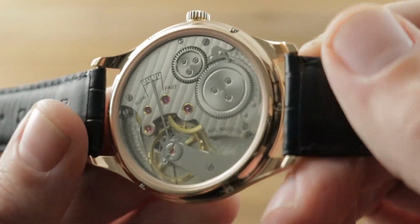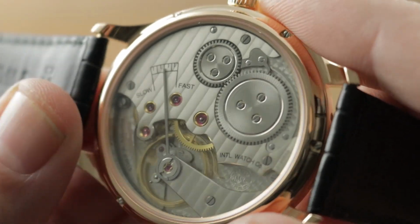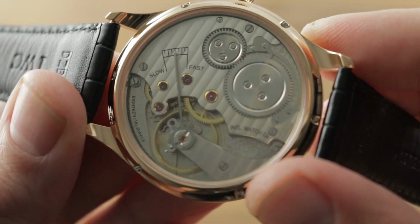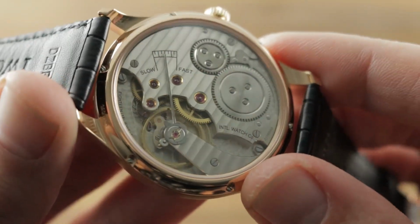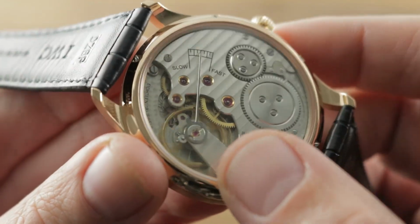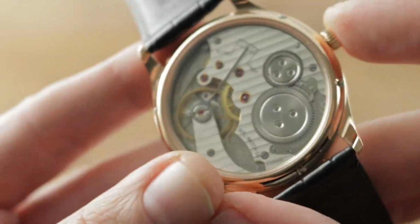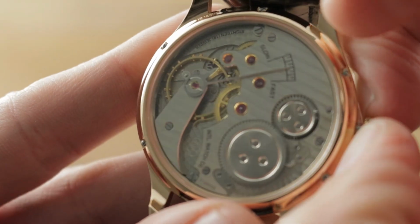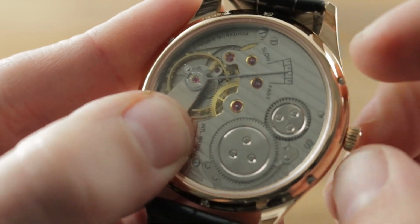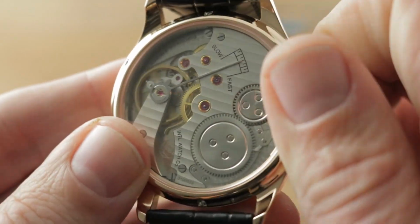Turn it all over, and as with the original 325 from 1939, we have an IWC pocket watch caliber. This one, the IWC 98300, 18 jewels, 5-position adjustment, like a chronometer would be, and you can see it features a balance beating away at 18,000 vibrations per hour. It features an overcoil hairspring to help it keep excellent time in any orientation. It also features an enormous hacking or stop seconds lever, and you can see that hacking lever adjacent to the balance. The watch has a manual wind 46-hour power reserve,